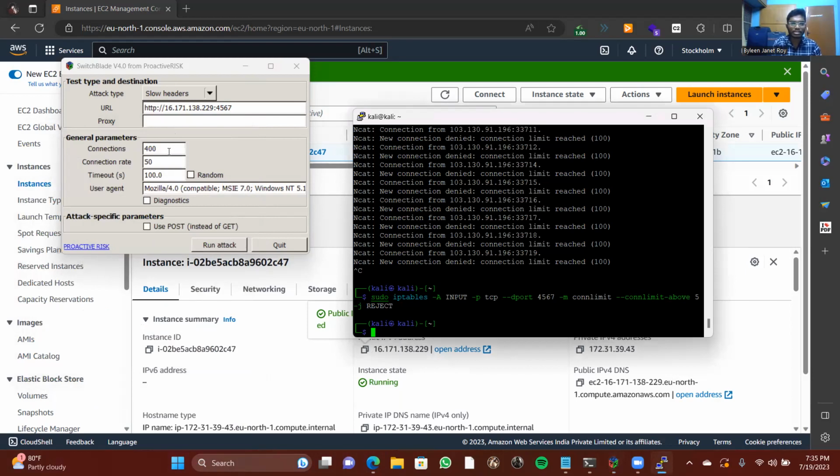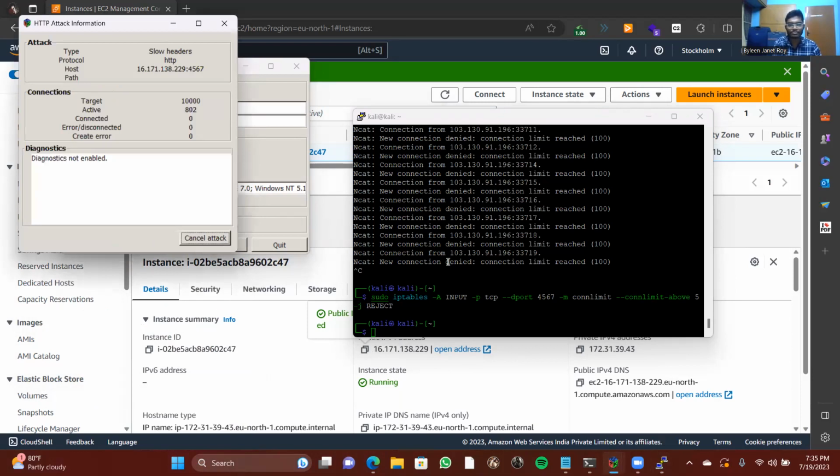Now let me change the input values to 10,000 connections to make, connection rate to be 1,000, and timeout to be 1,000 again, so that it can work in an efficient way, but it will get stopped because I have set the connection limit to 5. As I set the connection limit to 5, it will get stopped here.